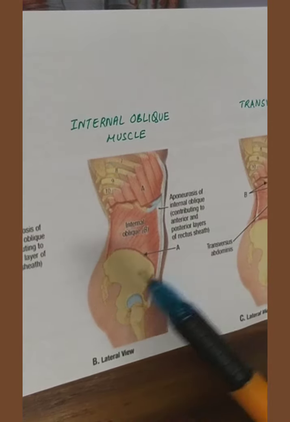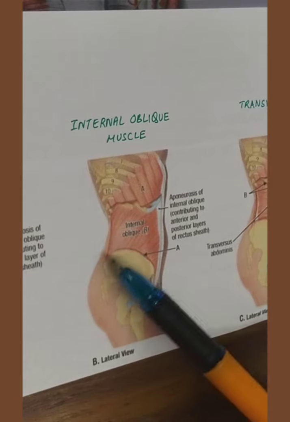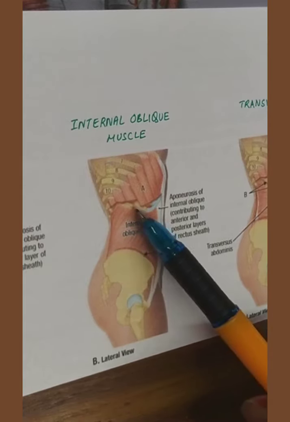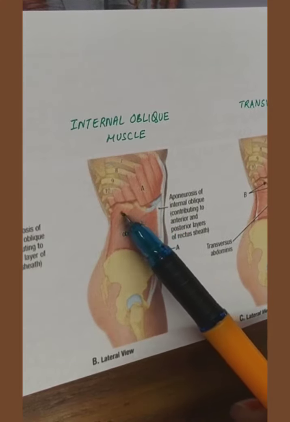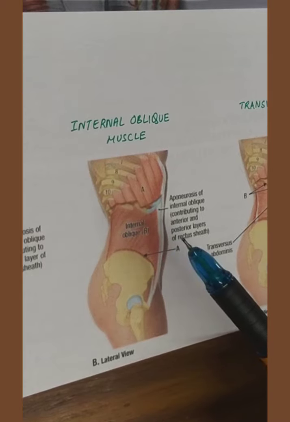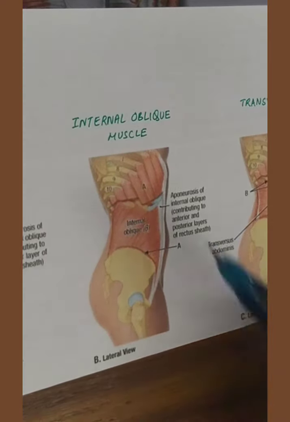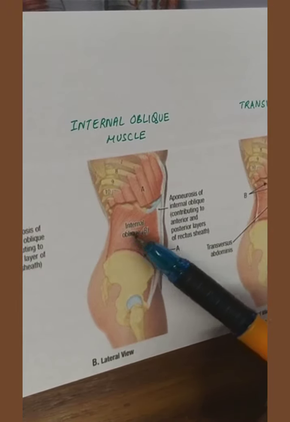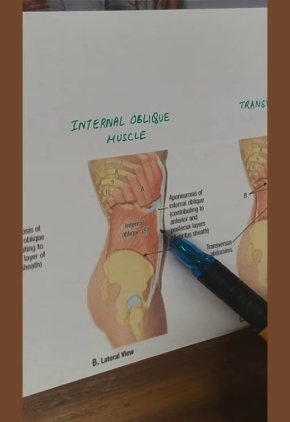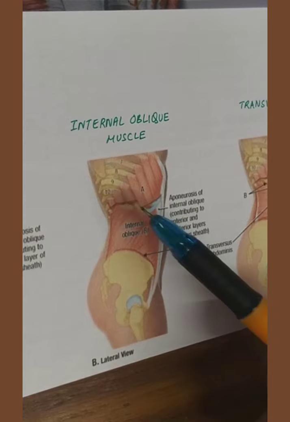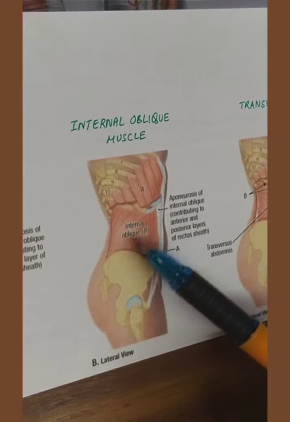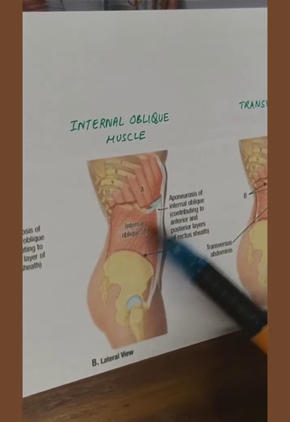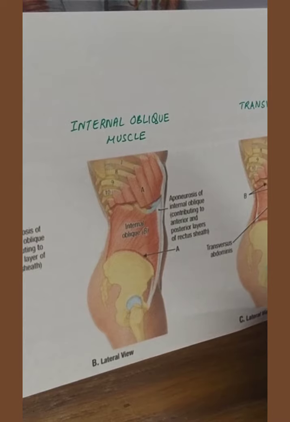Now coming to the most posterior fibers. These pass vertically upwards as the fleshy fibers and are attached to the lower border of the lower 3 or 4 ribs and their costal cartilages. Remaining fibers of the internal oblique pass upward, forward and medially at right angles to the direction of the external oblique. We can see the external oblique, this is the cut end of the fleshy fibers of external oblique, and the middle fibers of the internal oblique, the fleshy fibers, are at right angles to